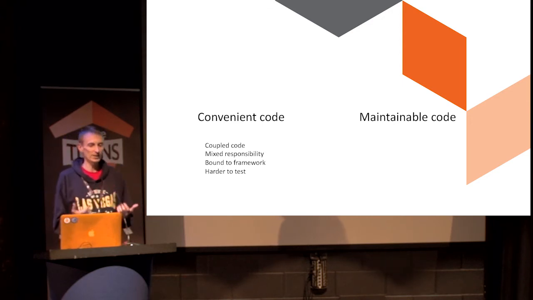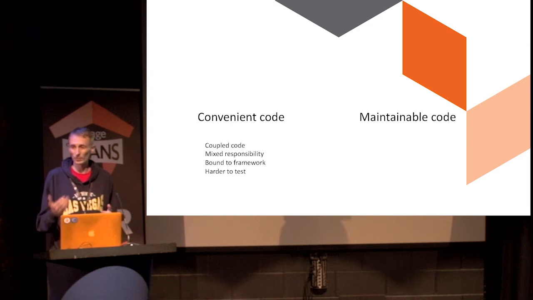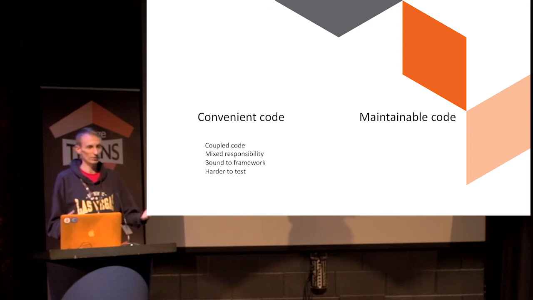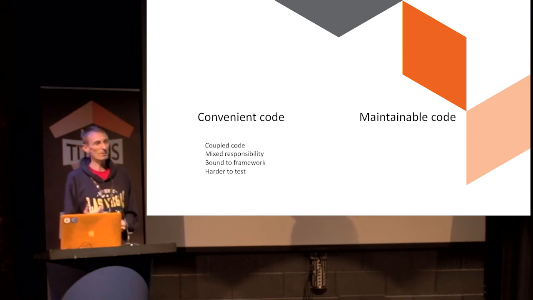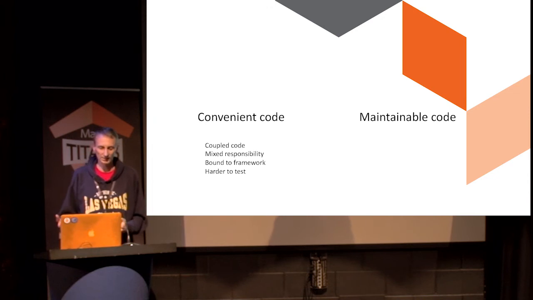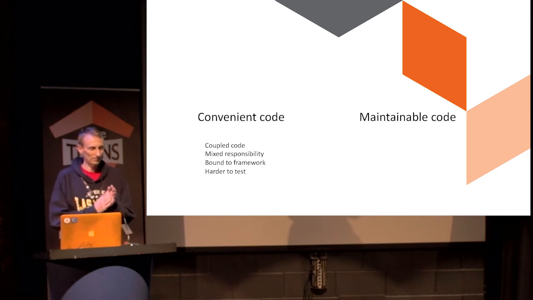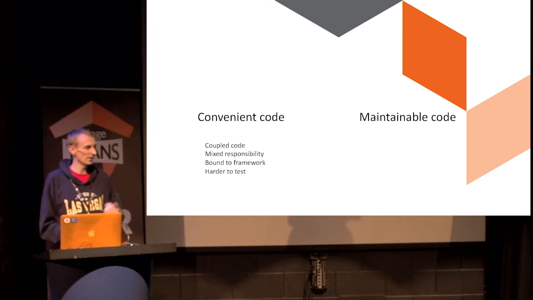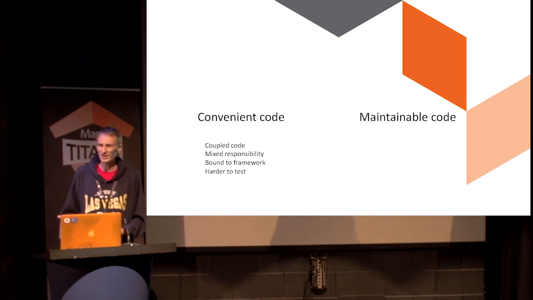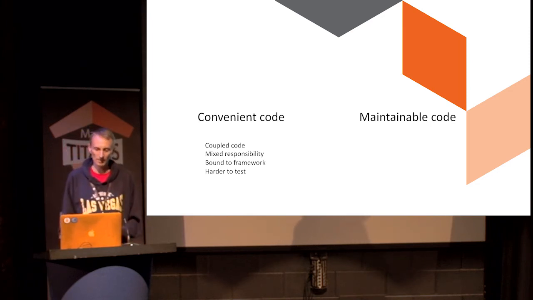So if we think about convenient code, we're talking about our code being quite coupled to the framework, it having mixed responsibilities. So we've got a model or a block that's getting data, setting data, aggregating data, and pushing data, messaging it forward to other classes. It's very bound to the framework. We couldn't take our class or library and move it into another application. And it's quite normal that we find it hard to test. If we've got a block or a controller that's really coupled to the framework, whether it is Magento 2 or Symfony, it's hard to test because of the amount of dependencies that we're mocking.